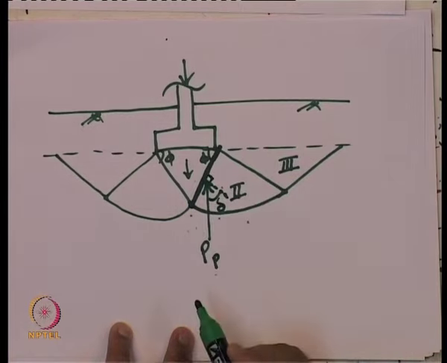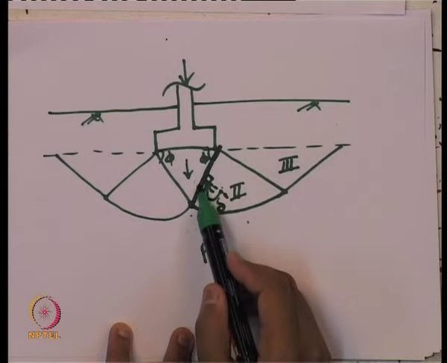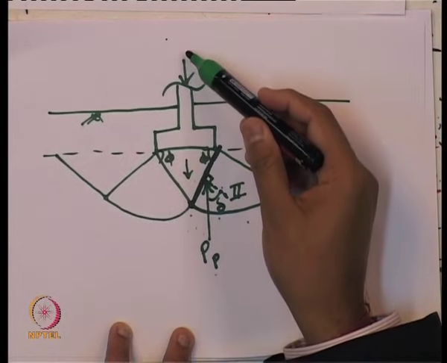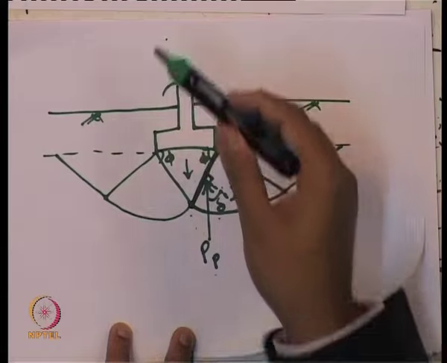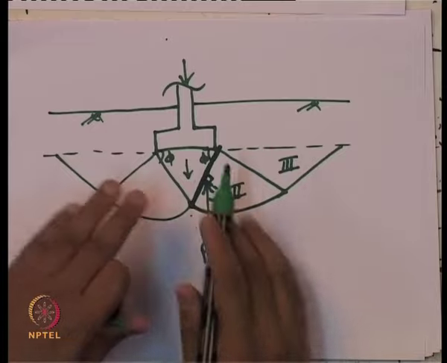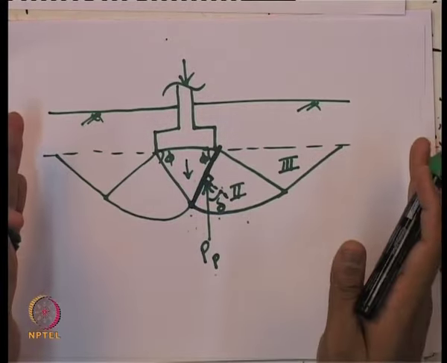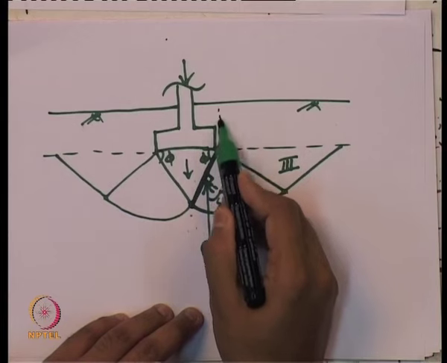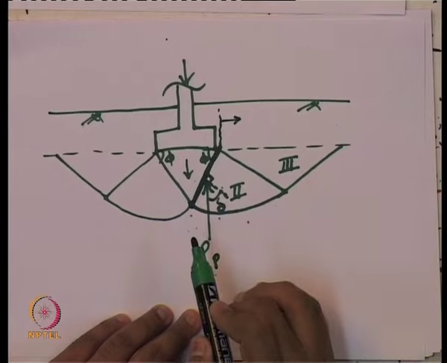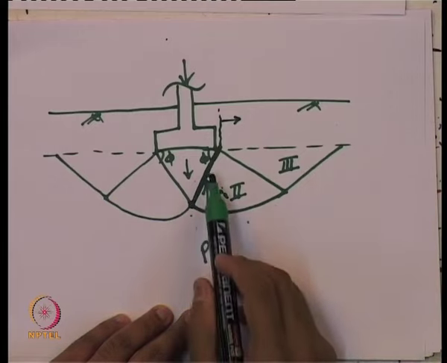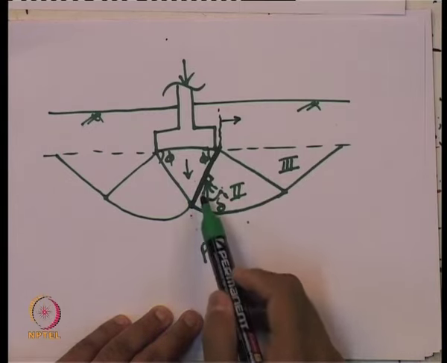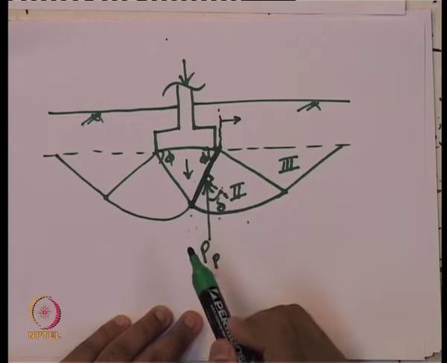Why is it a passive earth pressure? First of all, when we are talking about this imaginary wall, let us see how the displacement is occurring. When the load is acting on the footing from the column etc., this soil tries to punch inside and go inside. So, this surrounding soil moves in this direction. So, this wall tends to move in this direction towards the backfill side. That is why it is a passive state of earth pressure. Clear? Why is it a passive state of earth pressure? Because this wall tends to move in this direction. Now, why is the passive earth pressure in this direction?